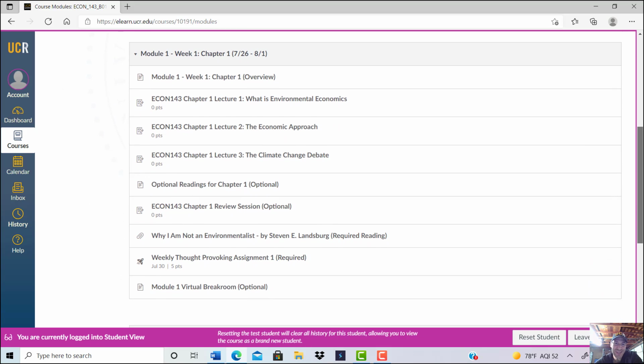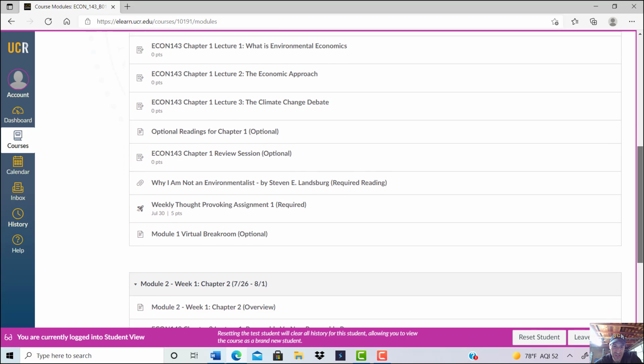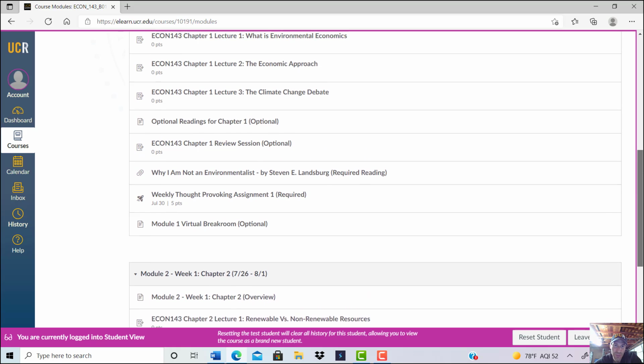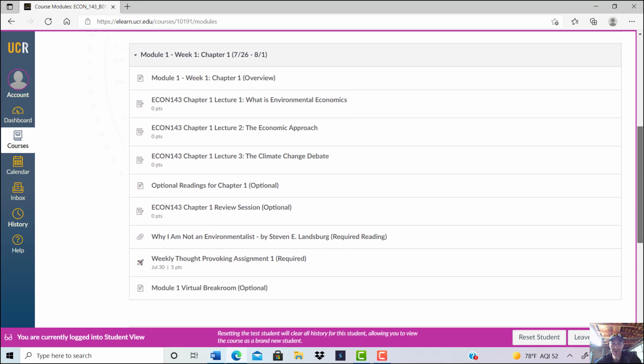Now again, we'll be compressing 10 weeks of learning into a 5-week summer session. So normally I'd only have you do 1 module per week, but because this is a summer session, you're going to have to complete 2 modules each week, which I know sounds like a lot of work, but it really isn't that bad when you think about the fact that you would be in class if we were doing this live, whereas because we are doing it remotely, you can watch these lecture videos as a substitute for that particular class.